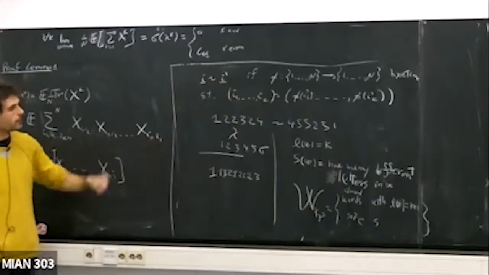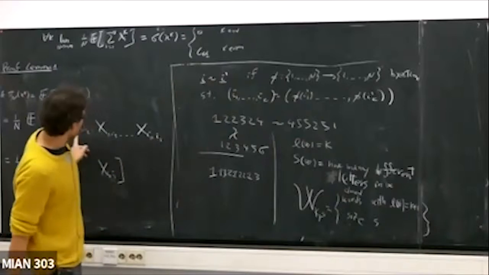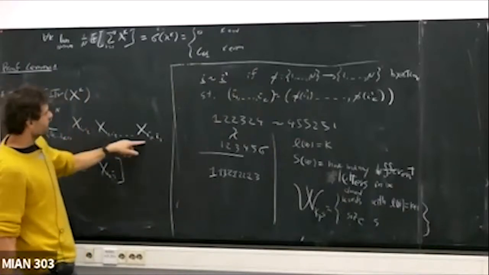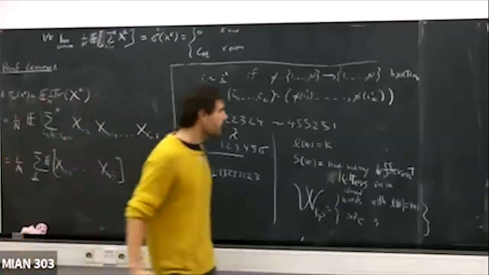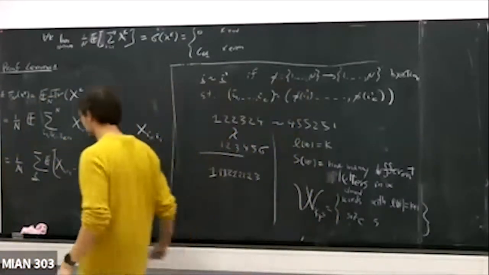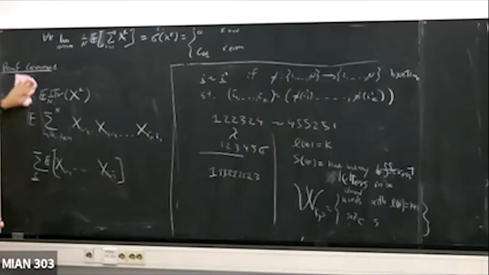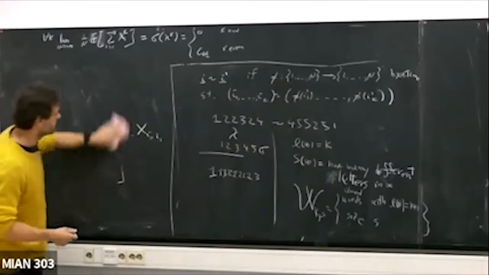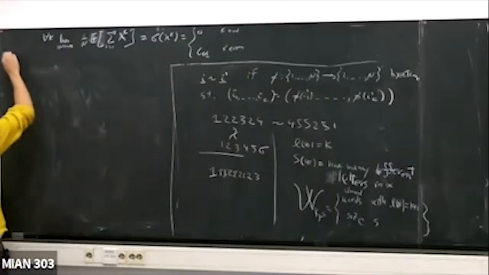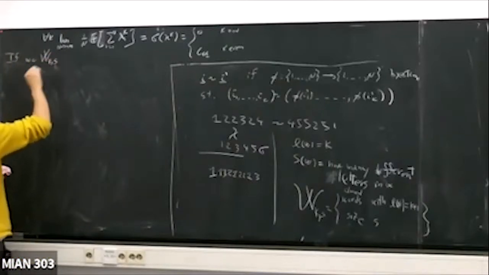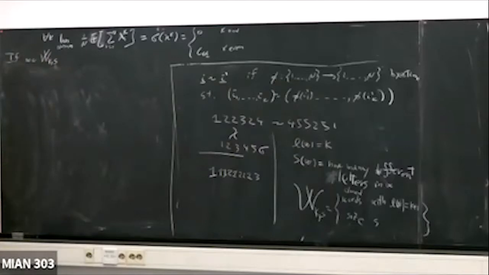Okay, i1. So you see, that's why I took the length k plus 1, because here I have i1, i2, up to k plus 1. Okay. Now, if I have such a word, I can associate to it a graph. We must remember, okay, this expression is easy to remember. So if W is in W_{k,s}, I can associate with it a graph which has